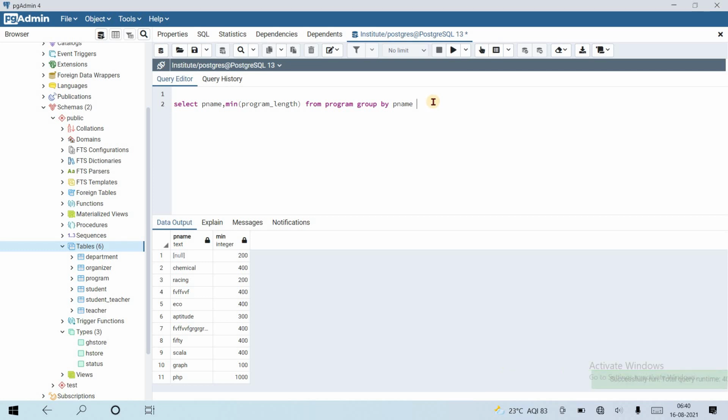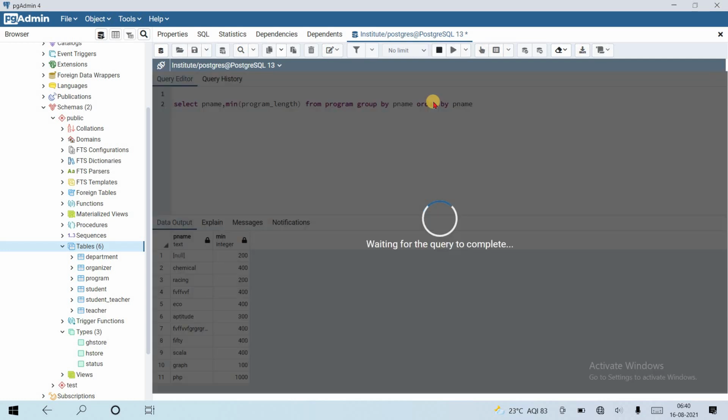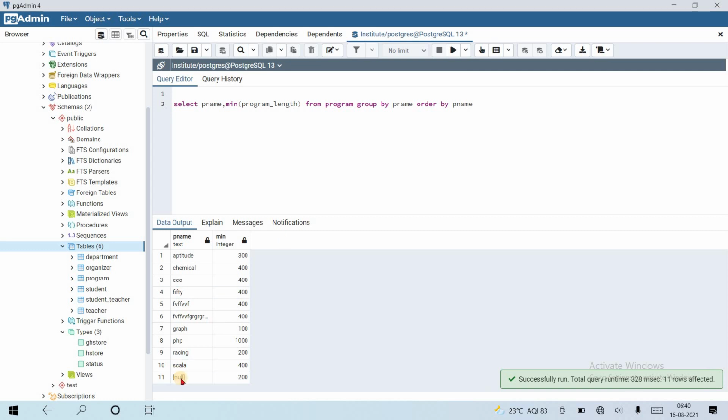Oh, we need to use nulls after the order by clause. But if we use an order by clause, then there is no need to use a group by clause. Suppose order by p name, all null values come at the last because we are arranging from A to Z. By default it is ASC, so all null values have come at the last.